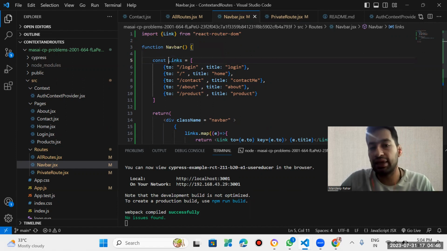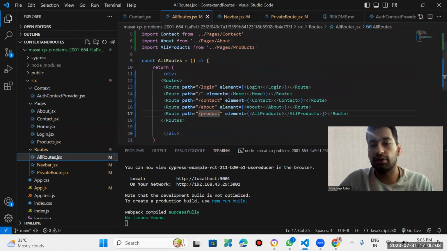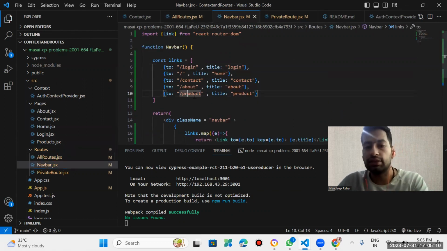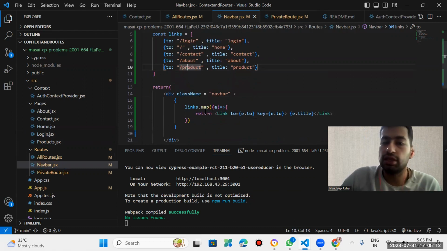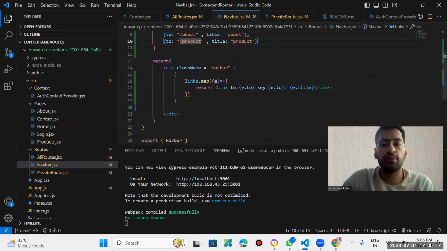Link is an array. In the array we have the links of every page. Okay, login page, home page, contact me, and about, you can say why contact me, and product page. And these links come from all the routes here: login, home, contact. Okay, and then we run a map function on the links array, and we imported